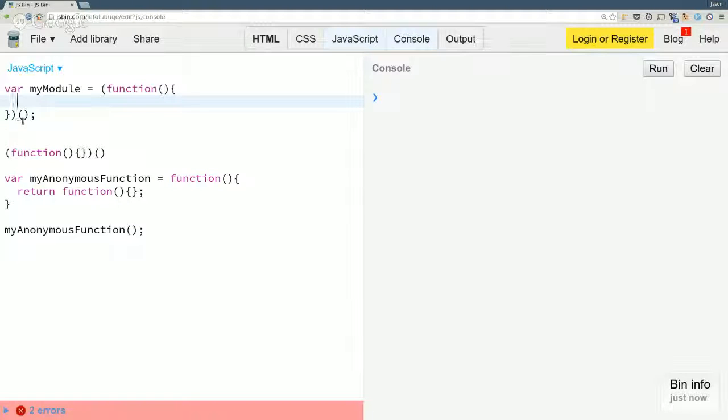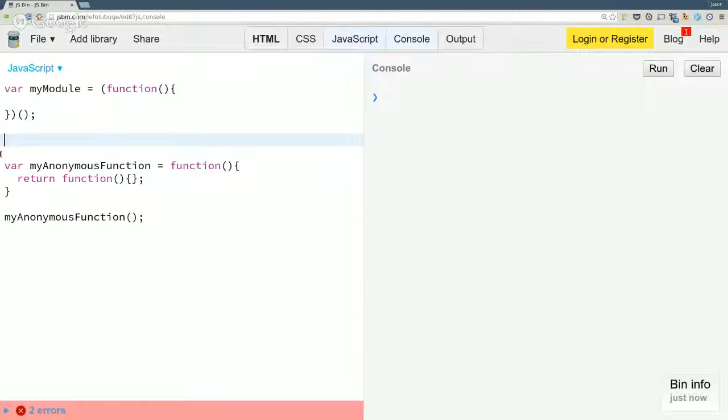What I'm trying to illustrate right now is deconstructing this weird syntax that we only see in IIFEs, immediately invoked function expressions, and putting clarity on why this funky looking syntax works based on what we already know about functions and how everything else is written. Because everything else looks like this and it makes sense to us, and then all of a sudden we get this glob of text, right?